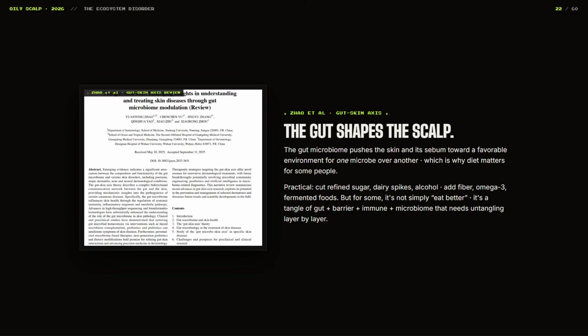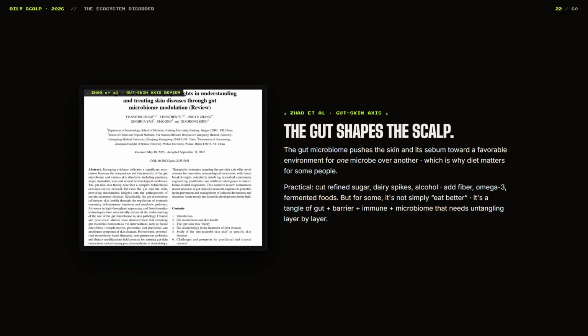Some people might have high androgen load by way of DHT. Maybe their DHT is hyperactivating their sebaceous glands to the point where the sebaceous glands are just putting out tons of sebum, no matter what they do, even if they eat cleanly. We know that androgens do impact the sebaceous glands, specifically DHT. You also have medications that can disrupt the barrier function, and so on and so forth.